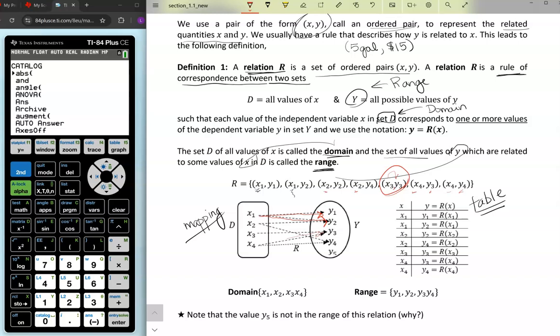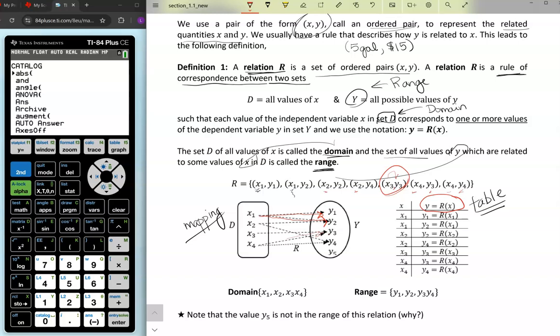this mapping shows that. Taking a look at the table, this is a little bit clunky, I will admit. It's very strange. But what this clunkiness is telling us is that we have a rule that we can plug our input values, our x values, into. And when we plug the rule in using function notation, we put the input value inside the parentheses, and we do whatever the rule is, and we get out the corresponding y value. So this table is showing us all of our inputs and all of our corresponding outputs that match up here